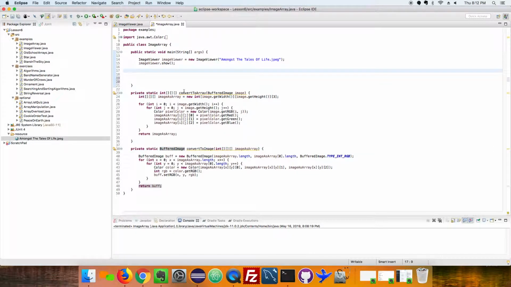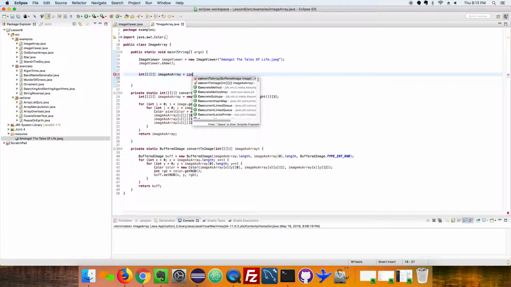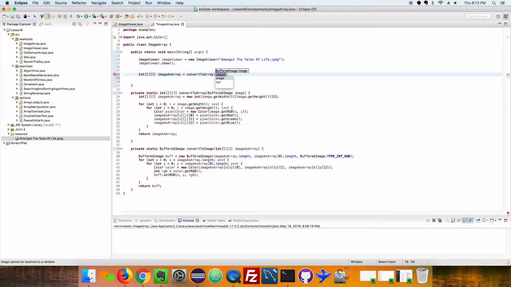All right, so what I'm going to first do is get my image and convert it to an array. I want to store that, and it's going to be of type three-dimensional int array. So I'll go int, and then I'm going to convert to array, and I want to put the image in there. I know you can get the image from image viewer because it's a parameter over there. I'll fix this up in a minute because this is not properly encapsulated. Okay, so here I have converted my image